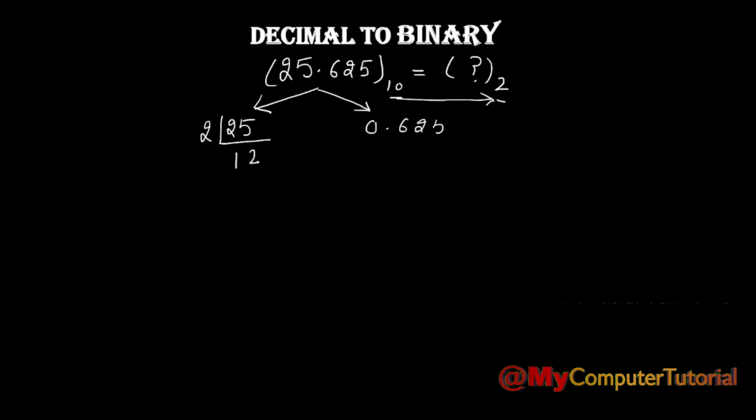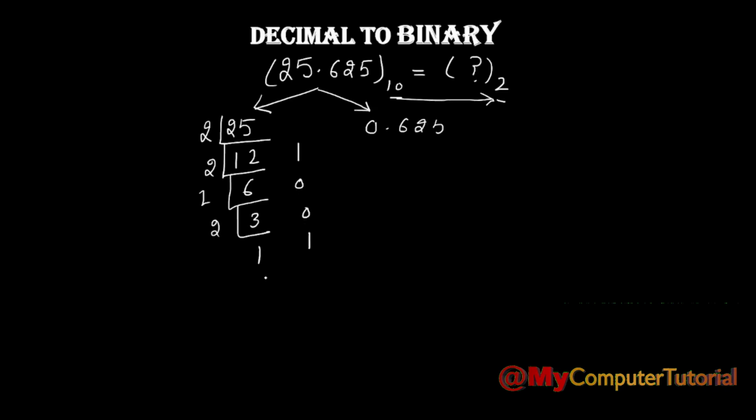2 1s are 2, 2 2s are 4, 1 is the remainder, so write the remainder here. 2 6s are 12, remainder is 0. 2 3s are 6, remainder is 0. Then 2 1s are 2, remainder is 1. Again, 2 12s are 24, remainder is 1, because it is 25. 2 6s are 12, remainder is 0. 2 3s are 6, completely divided, remainder is 0. 2 1s are 2,